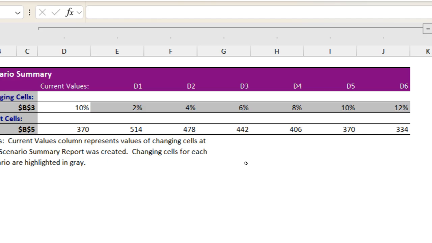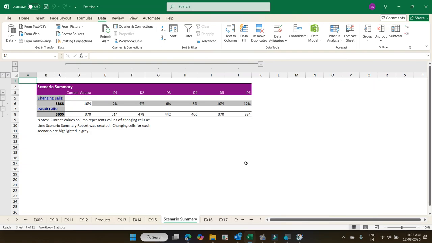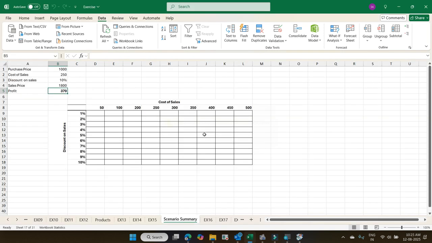I repeat the process one more time. I'm deleting the scenario. Don't create more scenarios. It may slow down your system speed also. So first I place the cursor on discount on sales because based on the discount on sales, I want the profit. Place the cursor. What if analysis, goal seek,